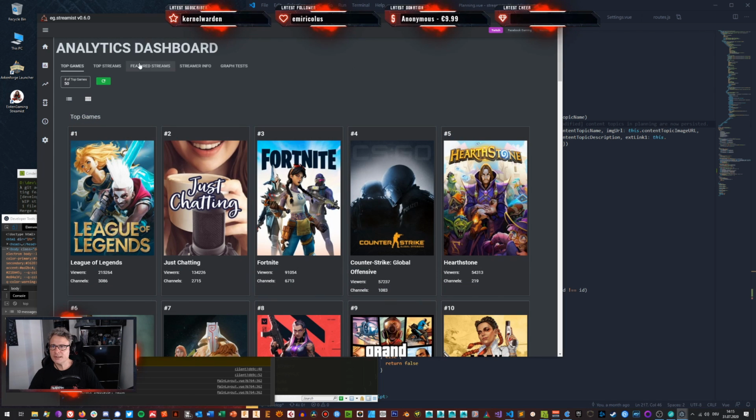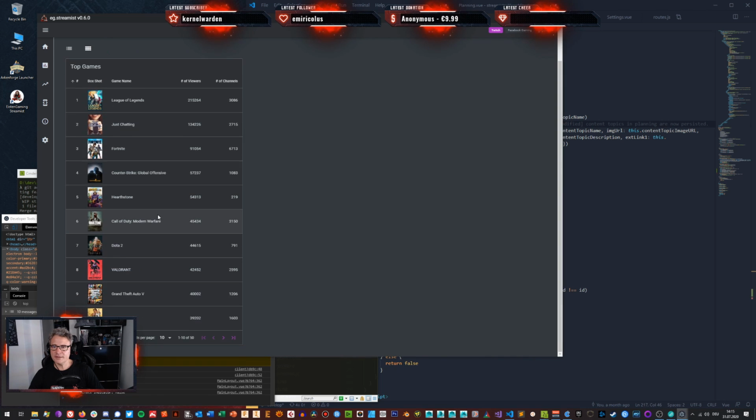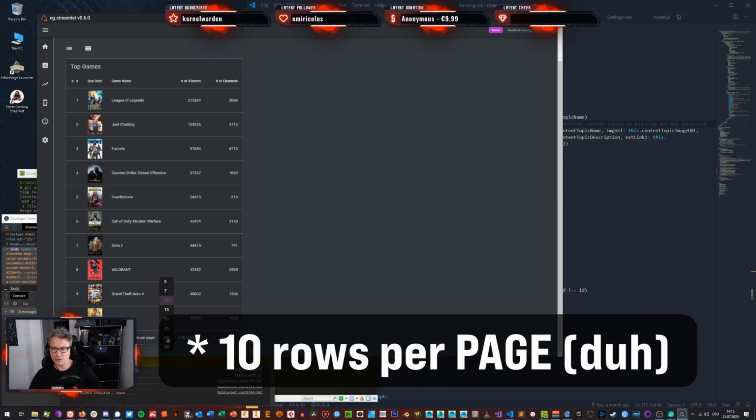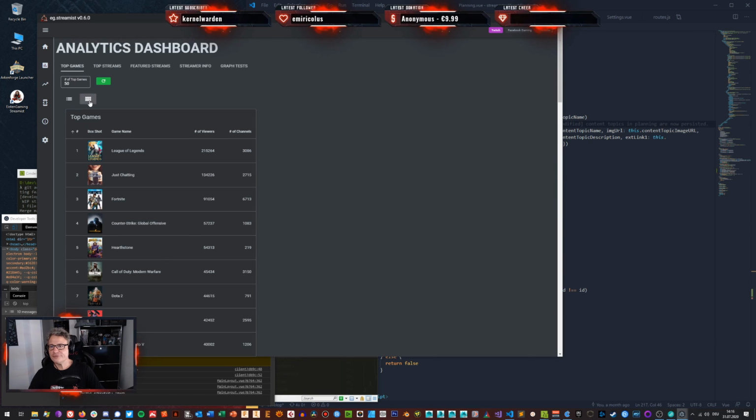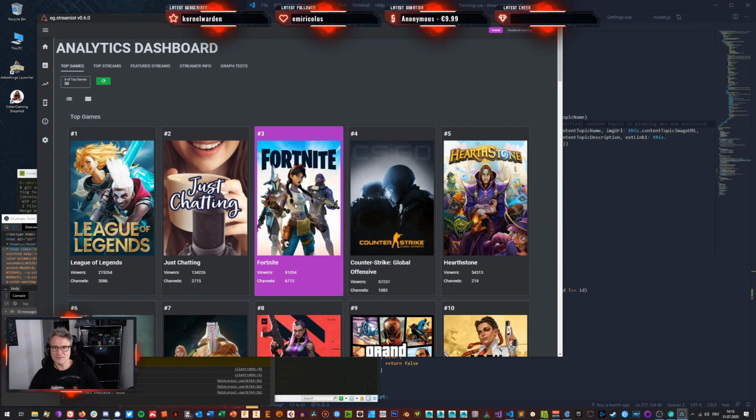By the way, if you want a different presentation of this, this is the tabbed presentation. And this is the table presentation. So however you want to do that, you can go for 10 per row, you can go for actually all of them. So it gives you a really long list. But I prefer the big pictures and the nice little images in this way. But it's up to you.